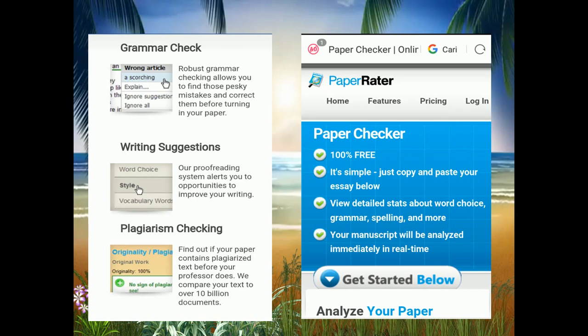And the last is about the worksheet checker. There are three big points here. First is grammar check and writing suggestion, and second, plagiarism checking. The grammar check is used to check the grammar and give writing suggestions. And here there is plagiarism checking, meaning we can check whether our students plagiarized or not when making an essay. It is a very simple way. We only need to copy and paste our essay into this box, and then our script will be checked manually. Okay,